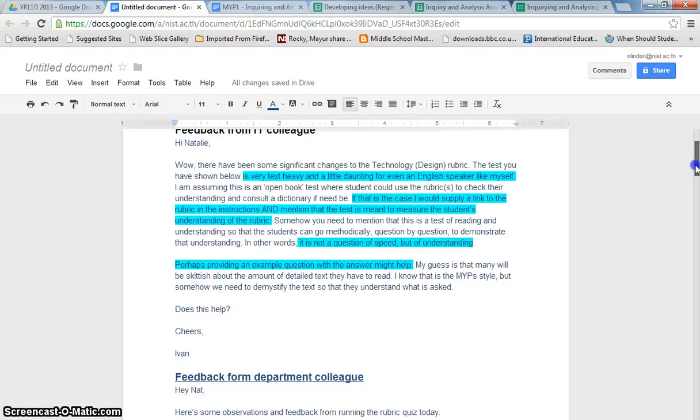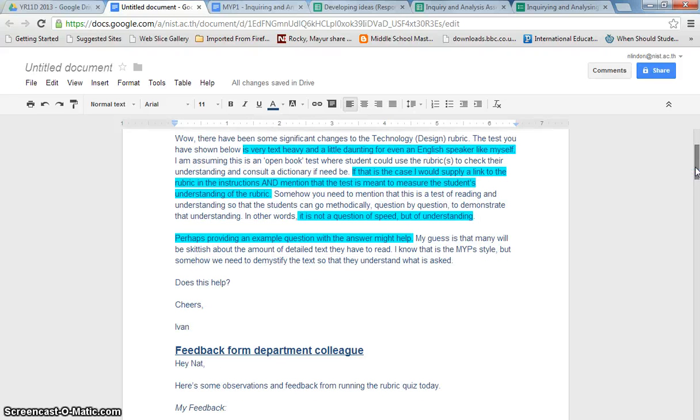in blue. So this seems to be the main problem that I've had with showing this form to students and teachers, is them mentioning that it's very text heavy, and this would be one of the main things that I have learnt from this and would change in the future, which I will be changing because I'm in the middle of trying to create this for all of the assessment stages, not just inquiring and analysing, is to make it less